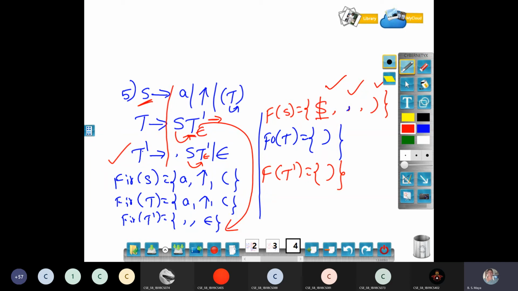Follow of S is capital T dash. T dash is a non-terminal. I have to search for the first of this. The first of this has two things: comma and epsilon. Because of comma, I copied it. And epsilon is there. I don't want to copy epsilon into the follow set. I had to come back to check if anything is there in front of T dash. Because of epsilon, nothing should be there. It will point to the head of the production, follow of T. Still, I have not computed follow of T dash. You have to go to computation of the follow of T.